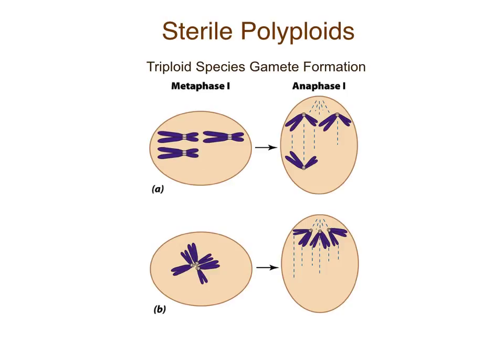They could line up like this, up here in A. If they line up like this, the upper 2 go to this side and the 1 goes to this side. The eventual gametes from this upper one are going to have an overrepresentation of that chromosome. The gametes from this lower one are going to have the normal representation, just one of whatever chromosome this is. Sometimes they can line up like this, which can be really messed up. All 3 of them can go to one side, none of them to the other side.